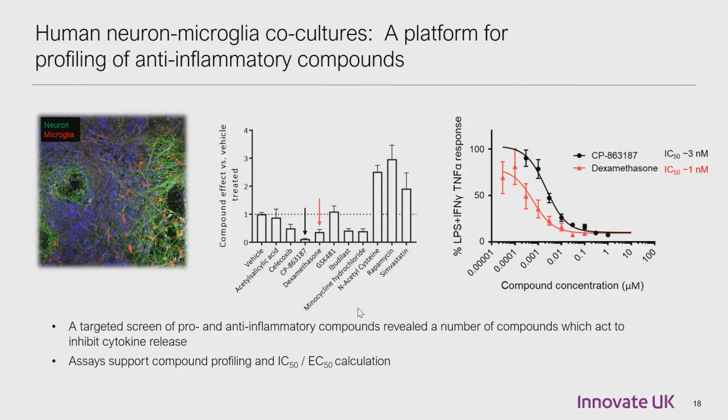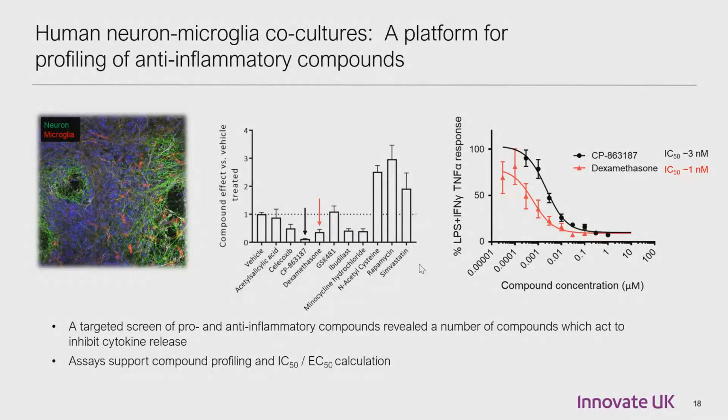We've obviously characterized the system, shown, as you can see on the left-hand side, that we can co-stain for neurons and microglia. So you have the neurons in green, microglia in red. Again, you can see the microglia quite nicely tiled out. As a kind of early study, we selected 10 compounds, commercially available compounds, from the literature that had been described